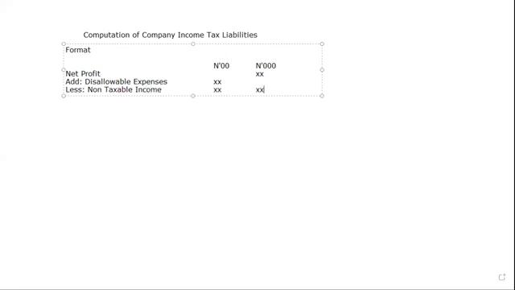What you have here gives you this. Then what you have as your result gives you adjusted slash assessable